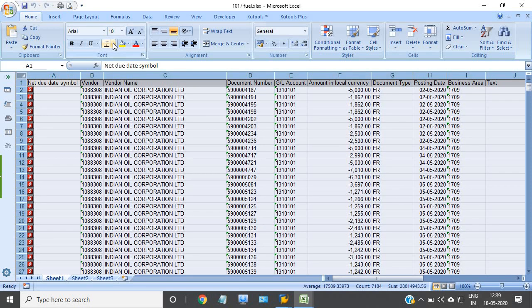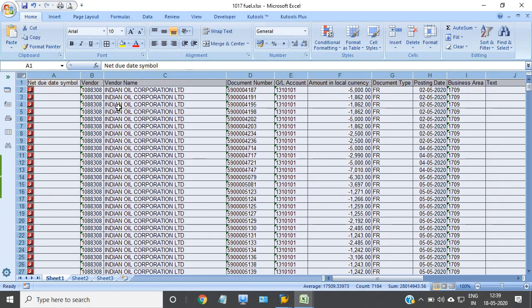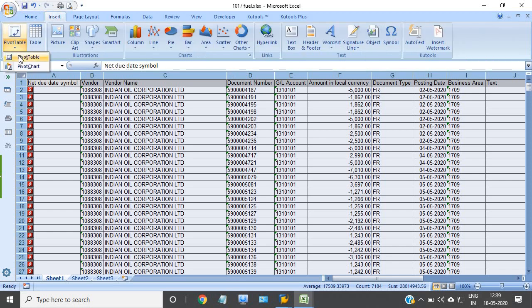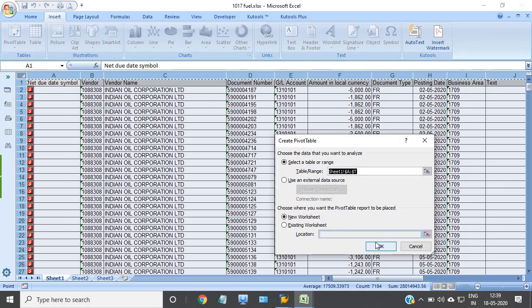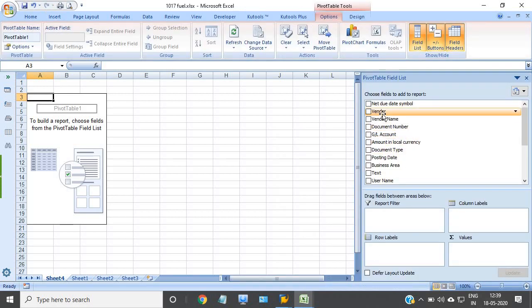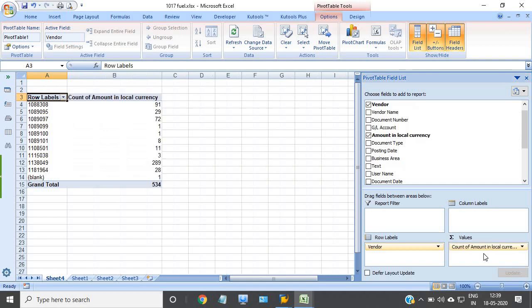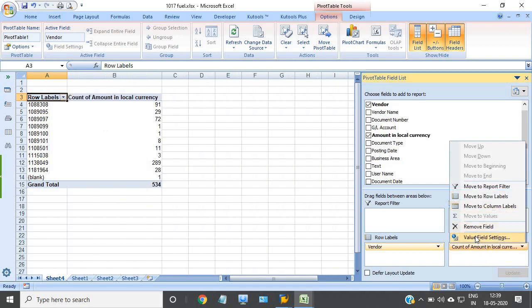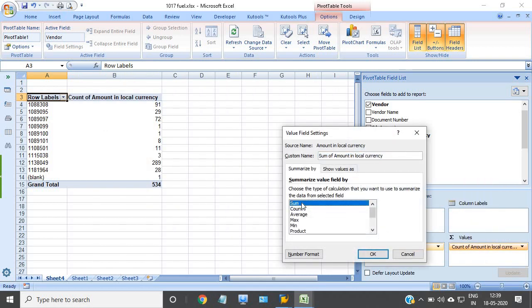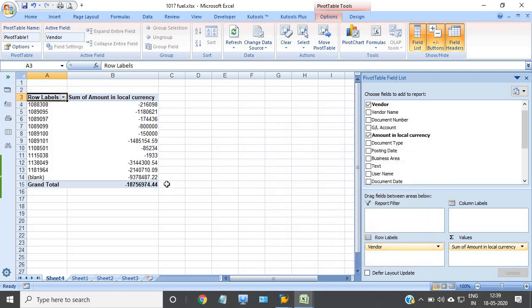If you want to check all this detail vendor wise, then click on the pivot table, vendor amount in the local currency. See, what is the amount in the local currency?